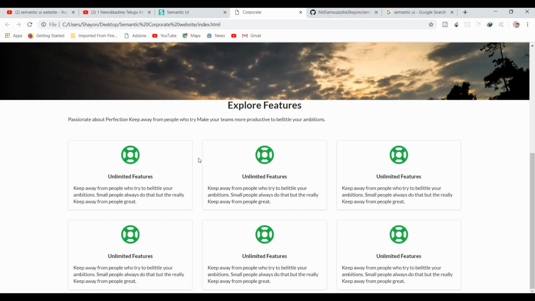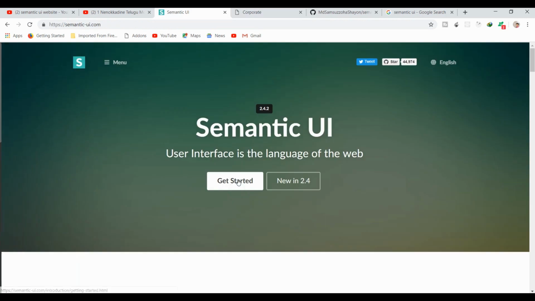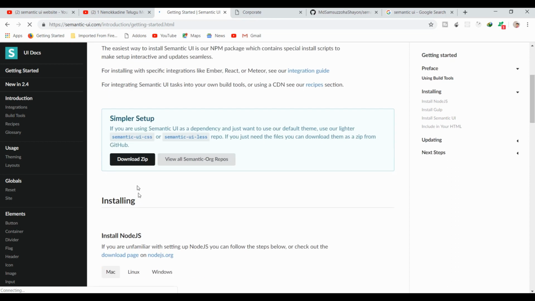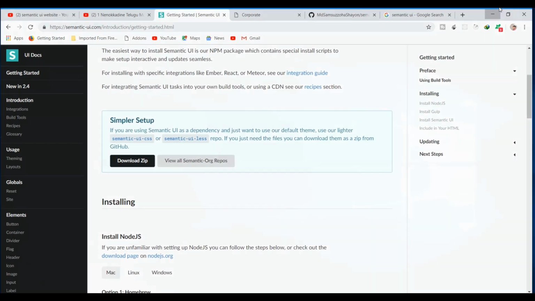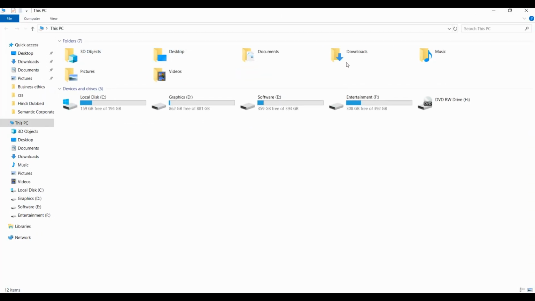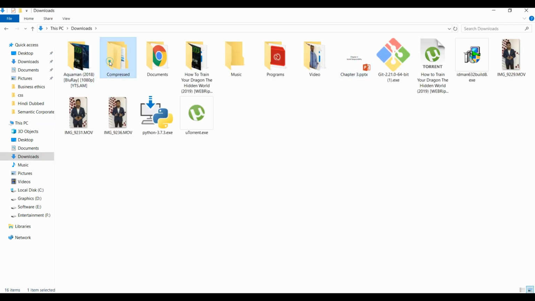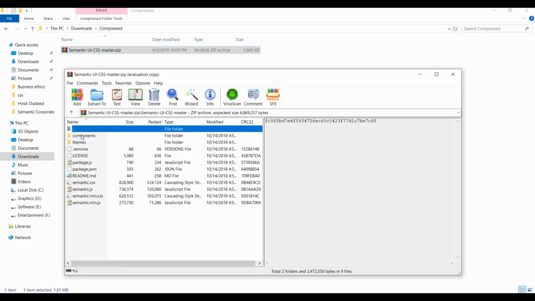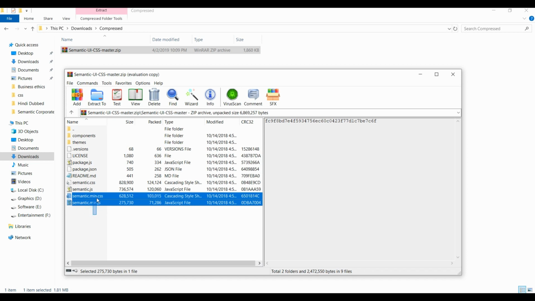Okay, you just need to know the basics of HTML and CSS and you are ready to go. Click on get started. Download this zip. I already downloaded it, so I am just going to the location where I downloaded this file. It's a compressed file, double clicking on it. I have WinRAR installed. If you don't have WinRAR, don't worry, you can do this by right clicking and extract here. In this root folder, just copy these two files,